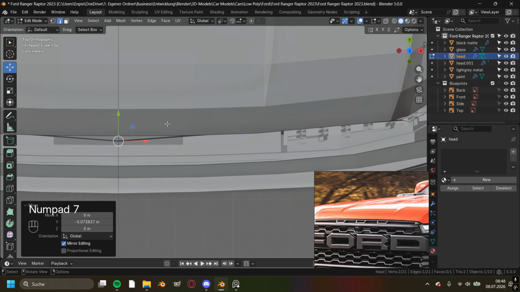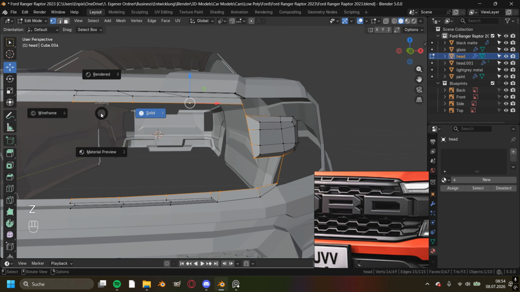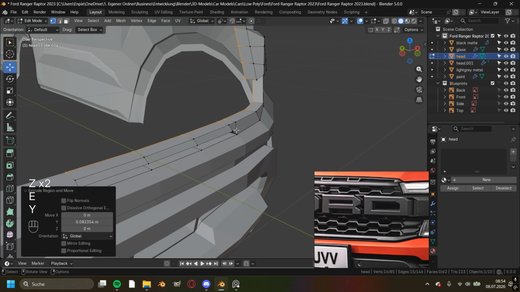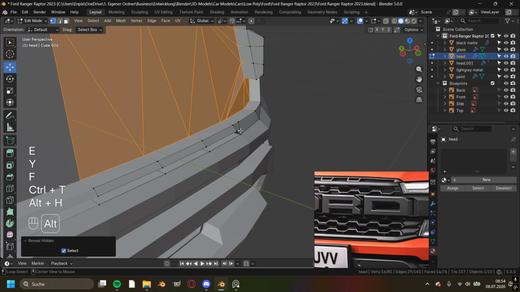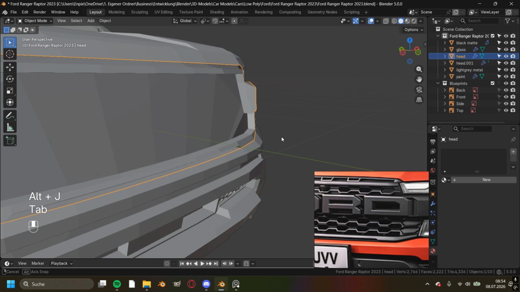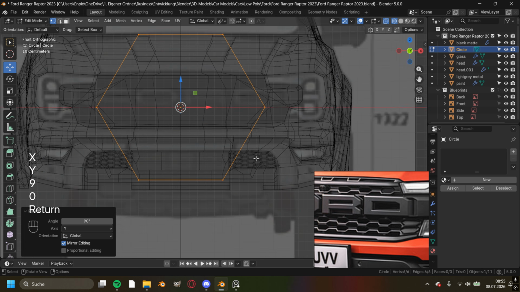Before I could go ahead and model the front grille itself, I first needed to add in a basic frame, and to create the room behind the frame, I basically extruded the outline vertices to the back, filled in the face with F, triangulated the faces with Ctrl and T, and then enabled triangles to quads with Alt and J. So after repeating the same process with the circle like on the other grille that we